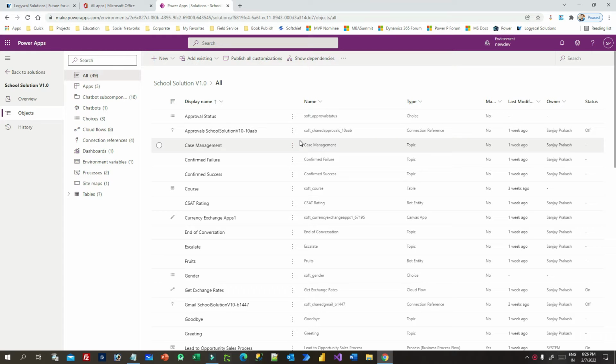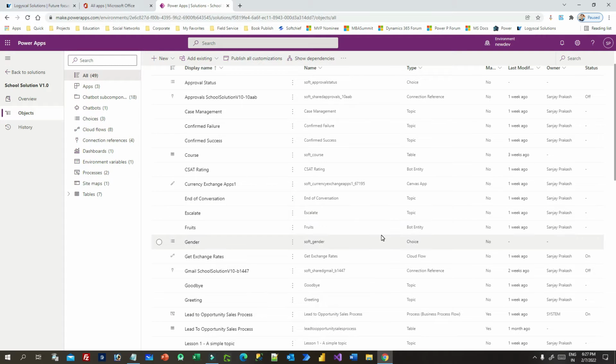So environment variables store the parameter keys and values, which then serve as input to various other application objects. So separating the parameters from the consuming objects allows you to change the values within the same environment, or when you migrate solutions to another environment. Let's say you want to export your solution from your development environment and import it in production. So if you have an environment variable, then you can change that while exporting or while importing the solution in